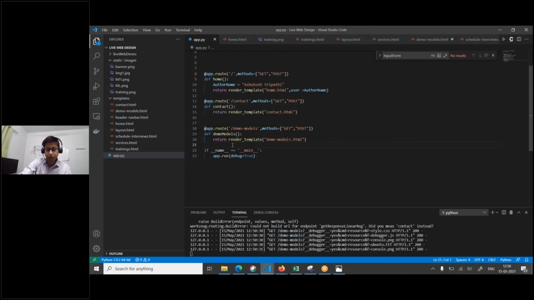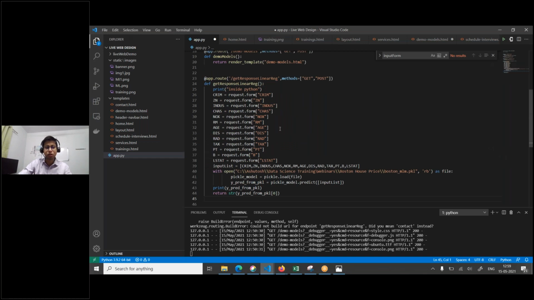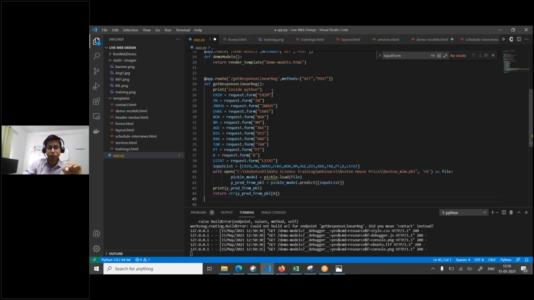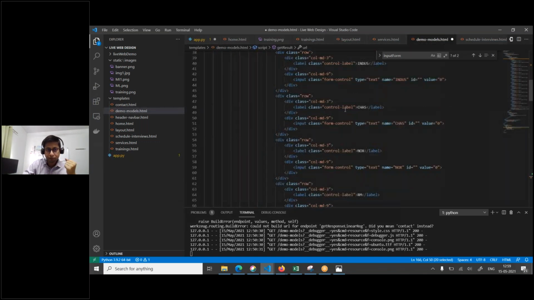In app.py you need to create a route. Now this is more specific to your machine learning. We are going to create an endpoint, an API, for your machine learning. This app.route creates the API basically, and this is the method, and this you can leave; I just used it for debugging purposes. From that form, the crime data will come and get stored in crime, and the journal data will come and get stored in JDN. If you go inside your form, in the beginning of the form,